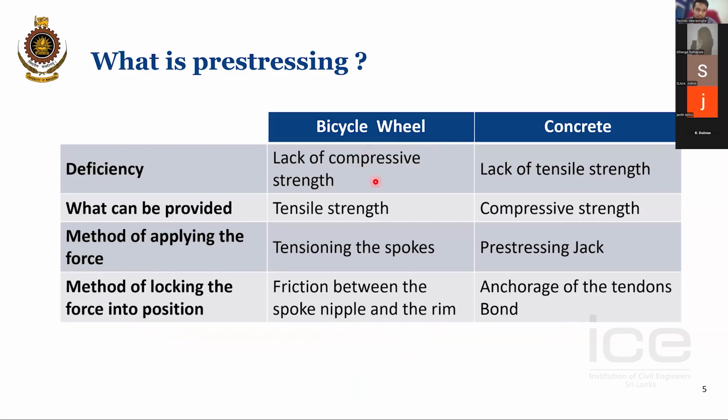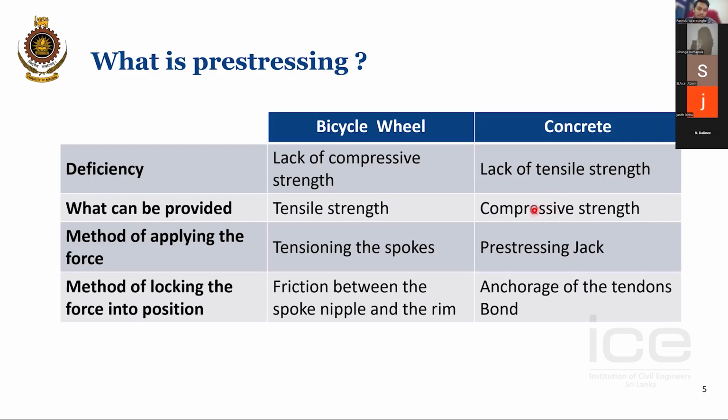So the bicycle spoke can provide the tensile strength, whereas concrete lacks in tension. However, it is performing well in compression. So it has good compressive strength. It's the opposite of the deficiency. Then